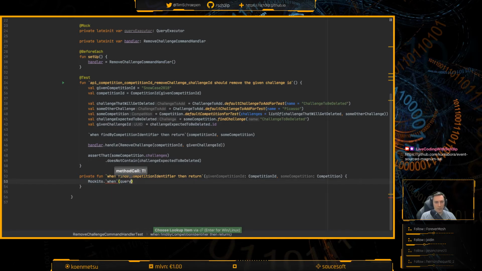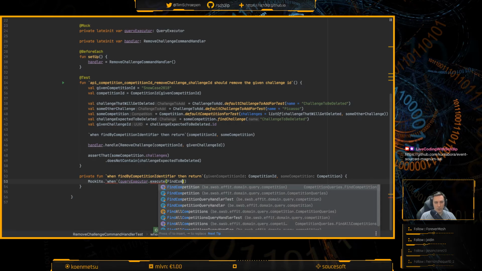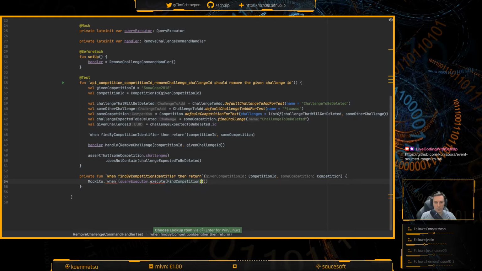Query executor execute the find competition query using given competition ID, then return some competition. There we go. Right. And this should in fact work.